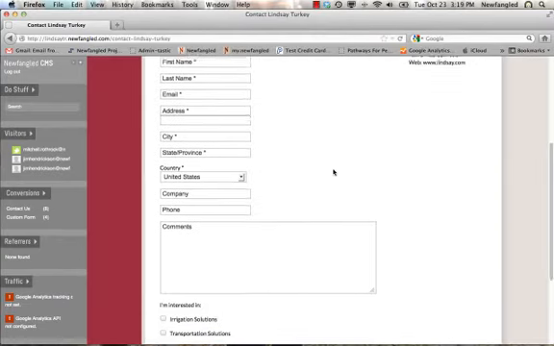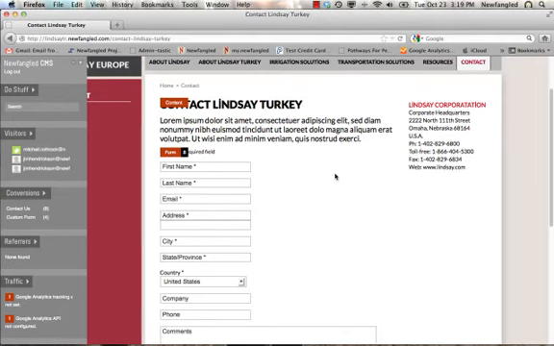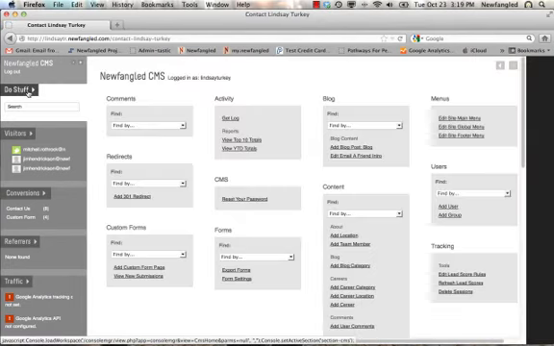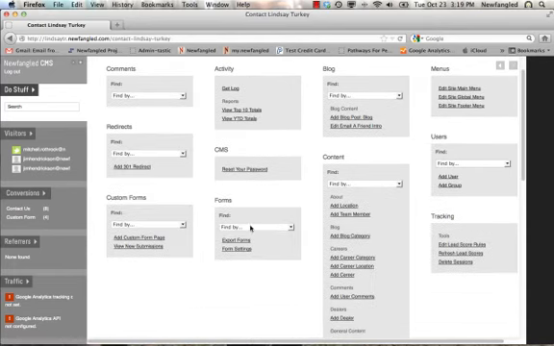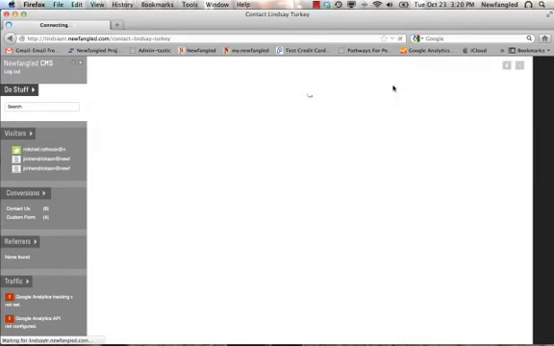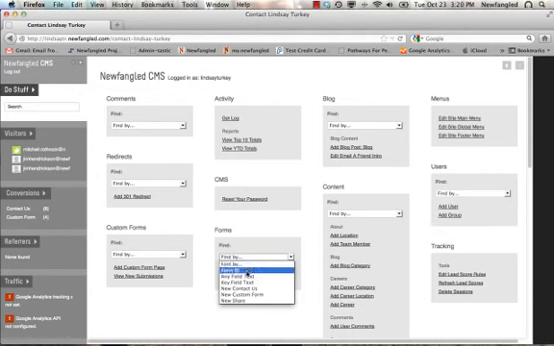All right. You can also access this through your Do Stuff interface, and you can go in and just say Do Stuff, and under Forms, you can go to your form settings, which is where you set the email addresses. We looked at that earlier. Or you can export your forms. We looked at that. You can find by any field text, any key fields, new contact us, new custom forms,